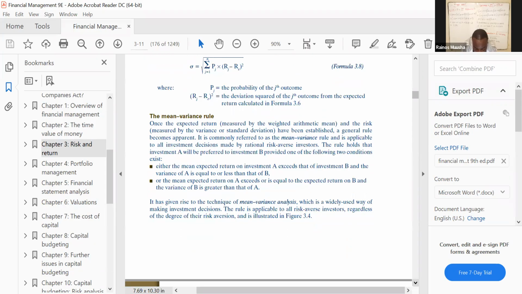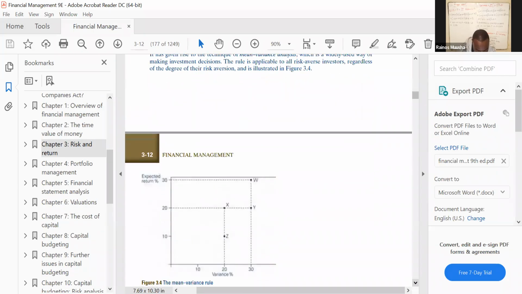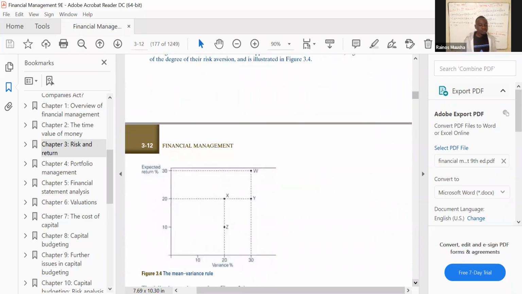That of A. So it has given rise to the technique of mean variance analysis, which is a widely used way of making investment decisions. So the rule is applicable to all risk-averse investors, regardless of the degree of their risk aversion. What the mean variance rule, as shown by this diagram, basically means is that, remember we're saying high risk, high expected return. So the mean variance rule basically says that we are seeking to maximize the return for a given level of risk, or we are seeking to minimize the risk for a given level of return. So to understand this better,